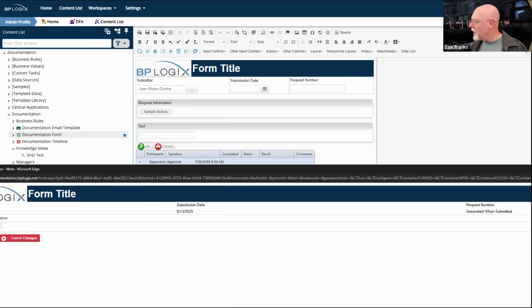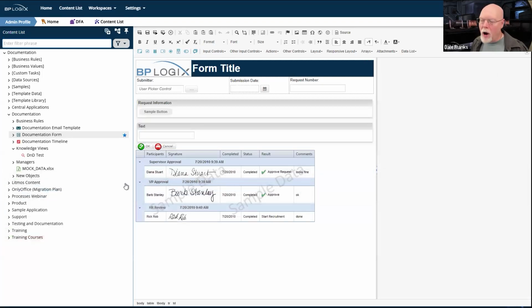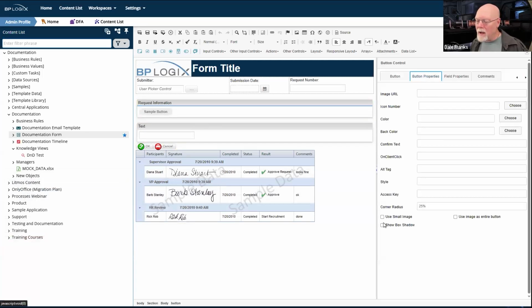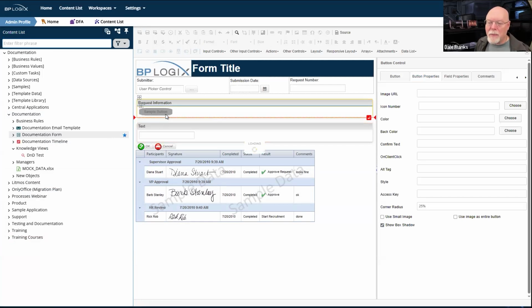But wait, there's more, because we also have an option down here at the very bottom, show box shadow. So if we have show box shadow set, then right now we see the button is a flat button, and we're sort of moving to the Google Material Design flat UI.